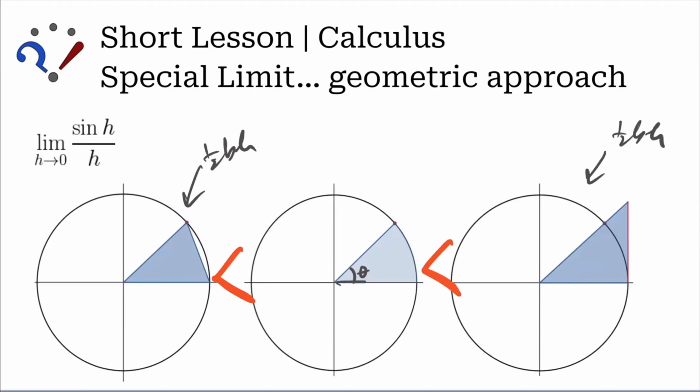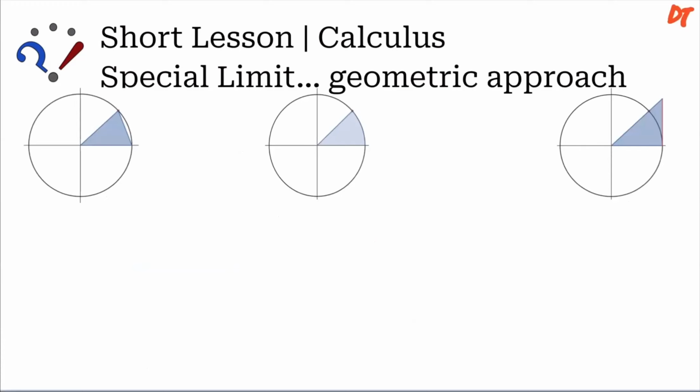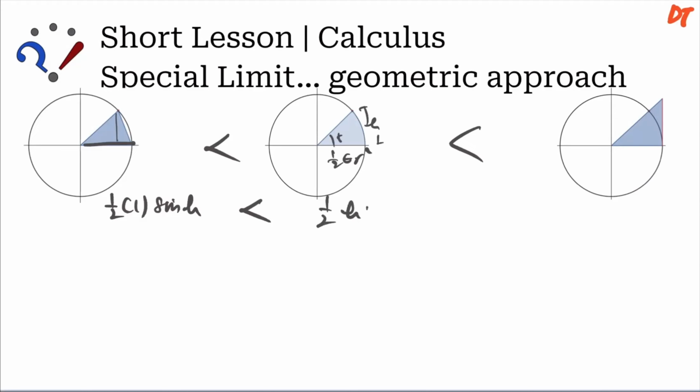Of the radius r, that would be 1/2 theta r squared. Okay, and let's do the calculations, shall we? Here we go. For this one, it is 1/2. The base length, which is this one, is equal to 1, and the height over here is sine of h, which is less than, by the way, this, 1/2 theta r squared. The theta here, that's the h that we were talking about earlier. That's 1/2 h times r squared, which is 1 squared, less than